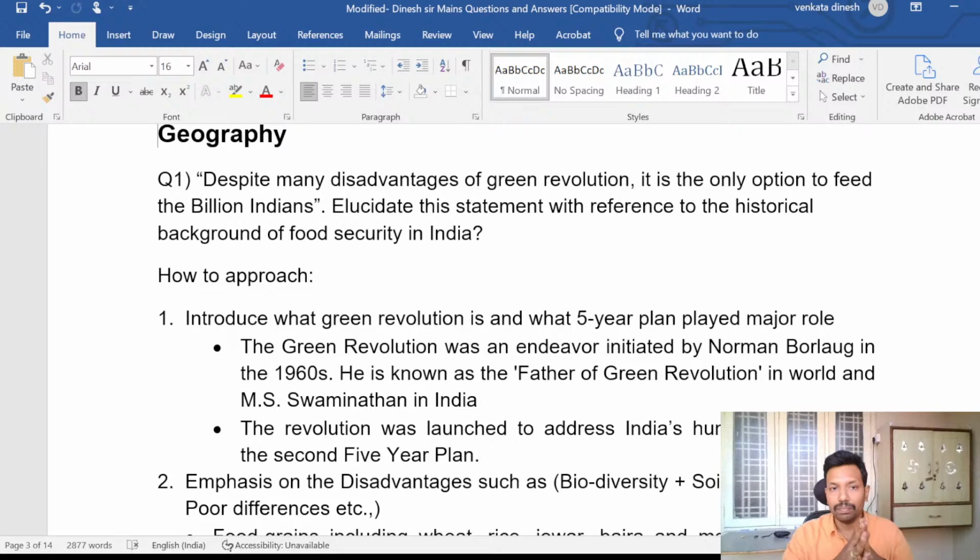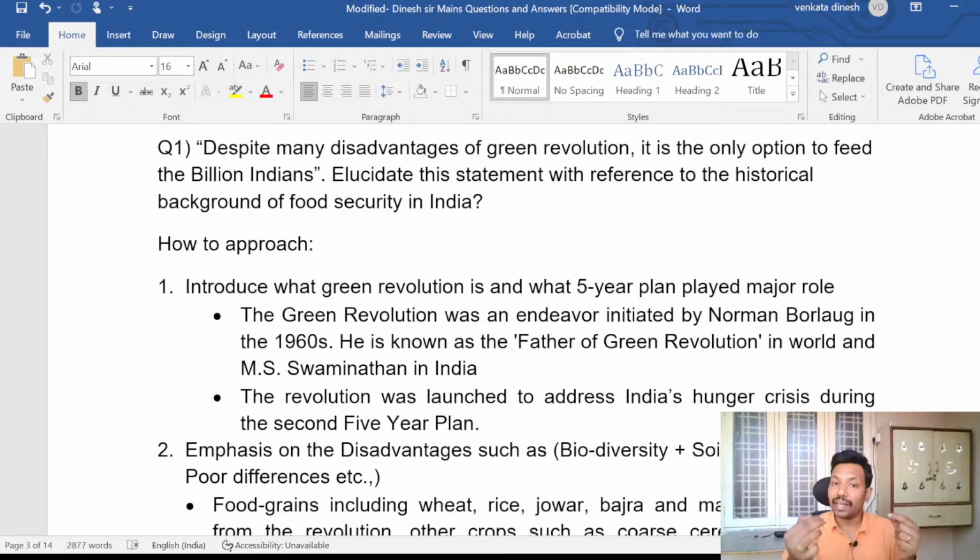Elucidate this statement with reference to the historical background of the food security of India. So you should write something about green revolution, but you should not directly contradict the statement, because the examiner's point of view here is that there are disadvantages, so you have to prove that yes, there are certain disadvantages also. For that you don't need to outrightly start by saying green revolution is so bad, green revolution has made differences between rich and poor, green revolution is confined to only few areas, green revolution has not yet been implemented in so many areas. Yes, those are all important points, but before that,